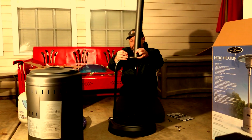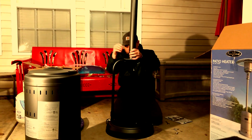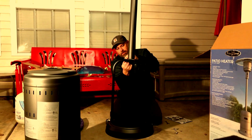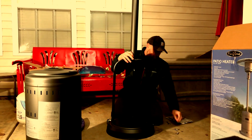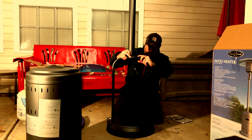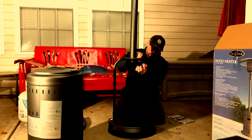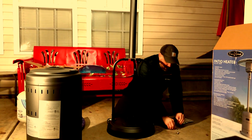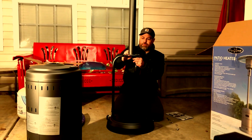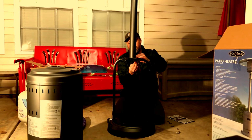What I'm going to do is start with one side, get the bolt in, just start that nut. That's just going to basically hold it in place. And then I'm going to use the completely opposite side, I'm going to put the other bolt and nut. Then do the same thing on the back one. Just get the very farthest outside bolt in place and tighten the nut